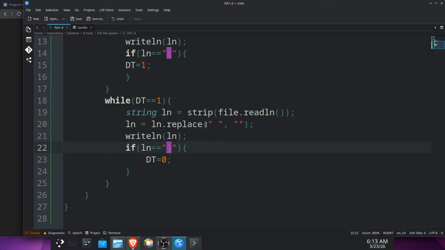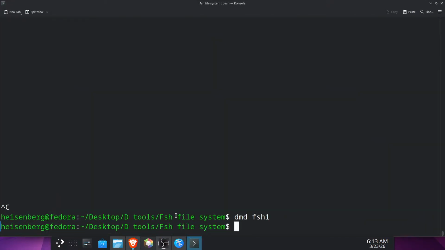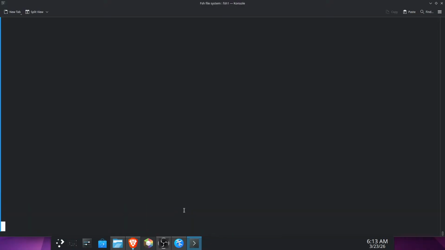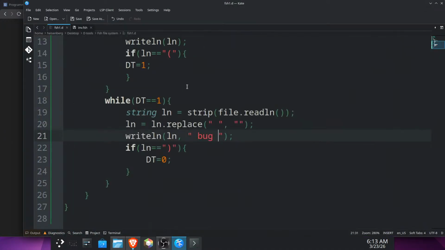then Control S. We're running into a problem though, because line.line replace space with that does not work. I need to add in a section that debugs it. So I'll just put in bug. This is a way of me finding the bug. So do dmd fsh1 /fsh, and it does not find the bug, which means we are stuck in the first loop. Or,